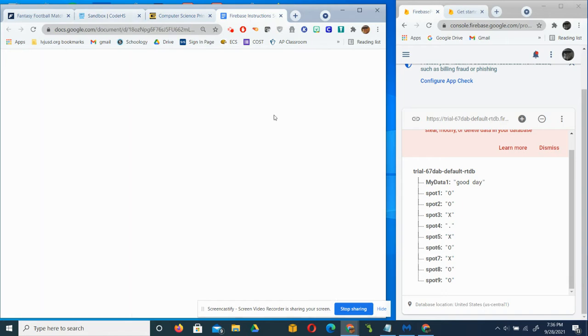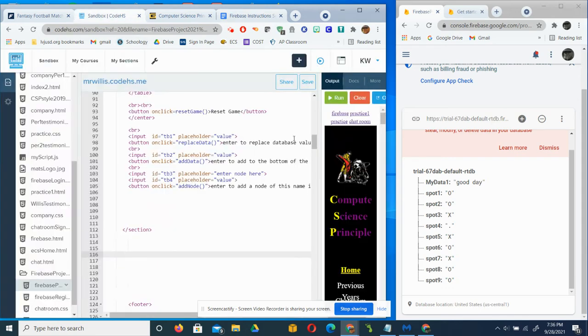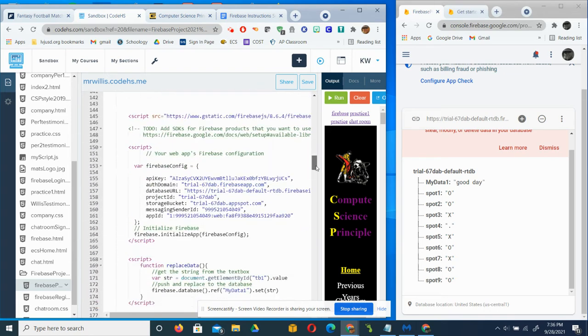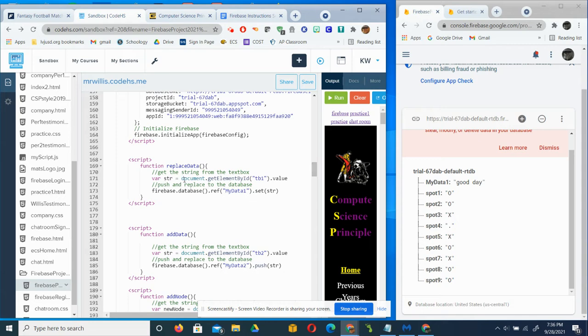So if that's what you want, how do you do that? It's also here on, it's this first option right here on the Google Doc. So we don't have to worry about too much with this. This is just the inputs and the buttons here. So let's see, I'm running it from the input of TB1 and I'm calling the replace data function. So if I go down here, replace data, basically I'm getting a string variable from TB1, whatever I type in the text box, and I'm doing